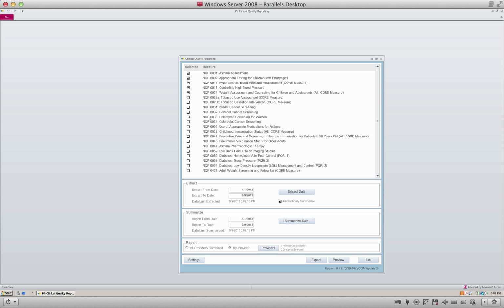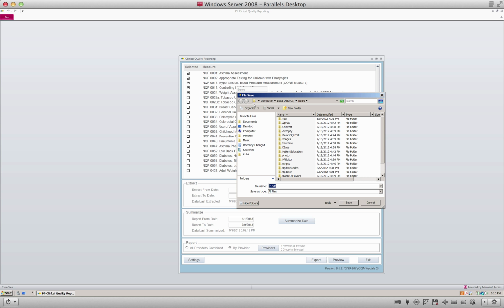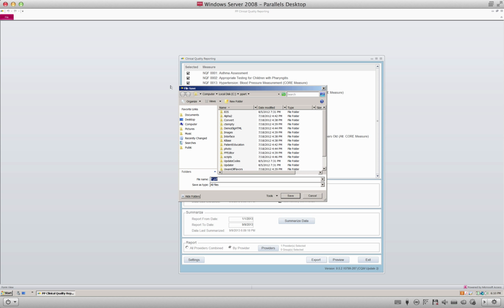And now that it's done, you can come down to the export button here at the bottom. I'm going to choose export. And you've got your choice of file types: Word, Excel, PDF, or an XML file. I'm going to choose a PDF file. So I double click PDF, and when I do, I get my standard Windows File Save As